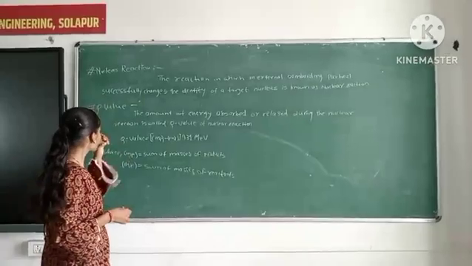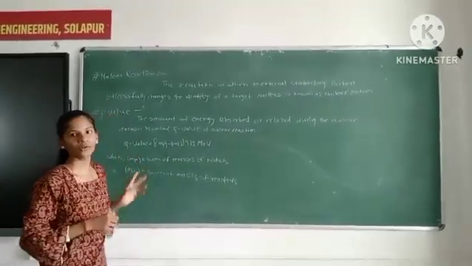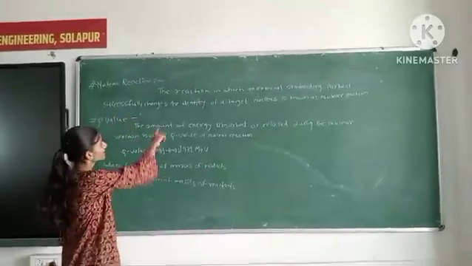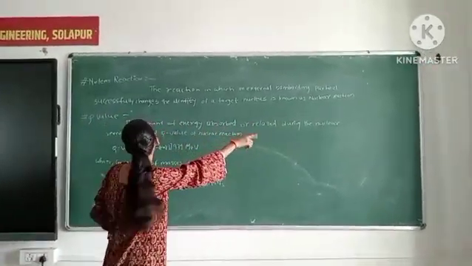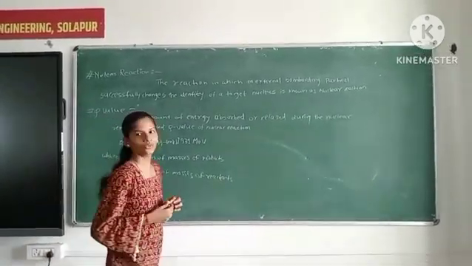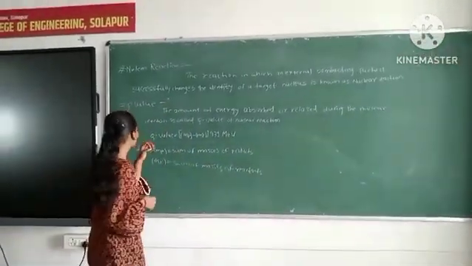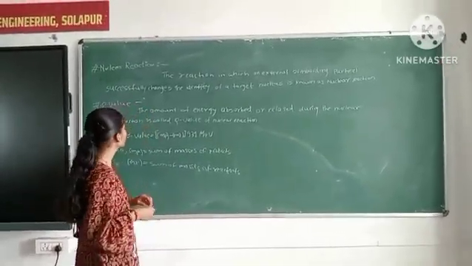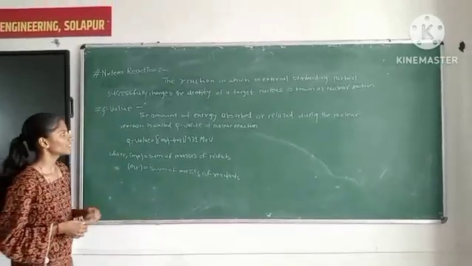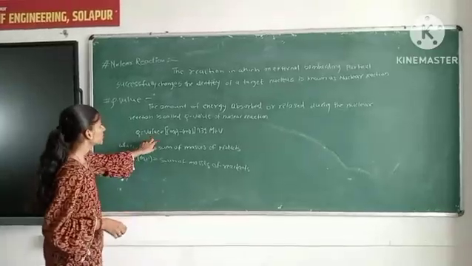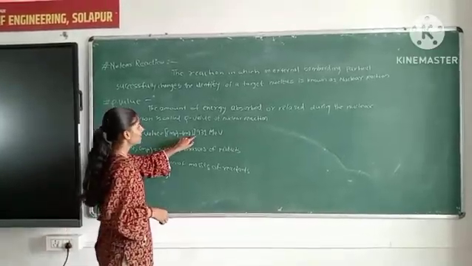This topic is nuclear reaction, Q value, and its key cases. So let's start. A nuclear reaction is a reaction in which an external particle changes the identity of the target nucleus. Q value: the amount of energy absorbed or released during the nuclear reaction is called the Q value of the nuclear reaction. Q value is equal to Mr minus Mp.